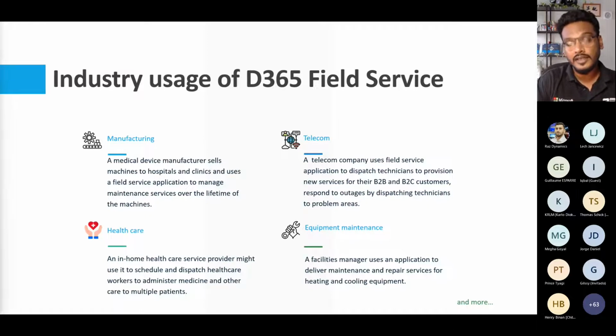So Dynamics field service really comes in handy in these kinds of scenarios, where you can schedule different healthcare workers, equipment, ambulances, facilities, and quarantine facilities or ICUs. All of these can be managed very effectively, because right now it's more than just money. It's more than just business value. It's more of a life and death scenario. So you can imagine what value this kind of tool can bring in a real-time use